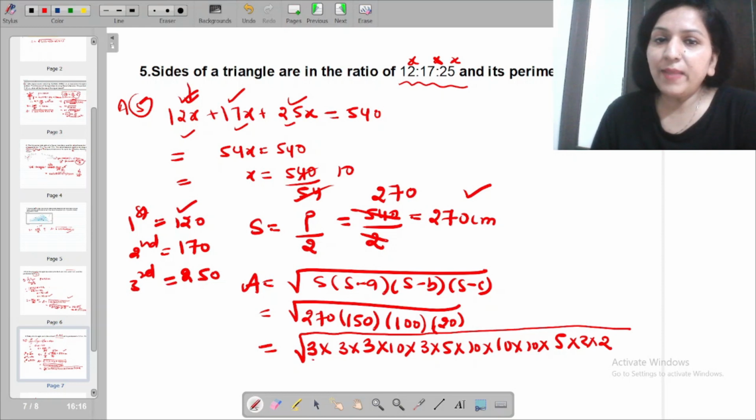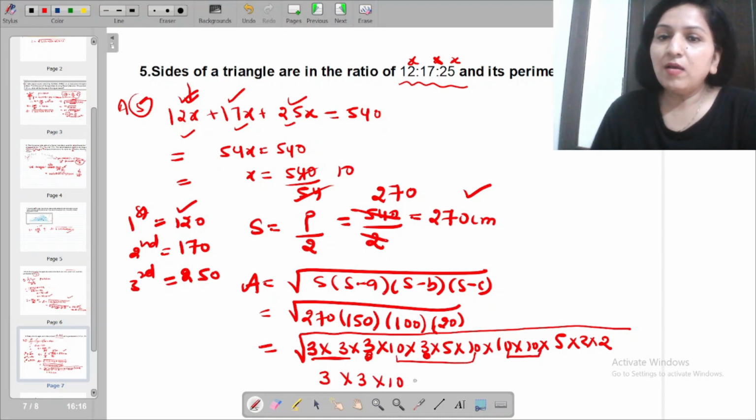अब हम क्या करेंगे? We'll make the pair. First pair में से 3 out. Now 3 यहाँ पर है, 3 यहाँ पर है. Another pair में से 1 more 3 out. You are having 10 here and 10 here. इस pair में से 10 out. Out of this pair, 1 more 10 out. 1 5 here and 1 5 here. 5 भी बाहर. Out of these two, 1 2 is out. Are we left with any other number? All are sorted. We are not left with any. Root is cancelled. So you just need to take the product of these terms first.